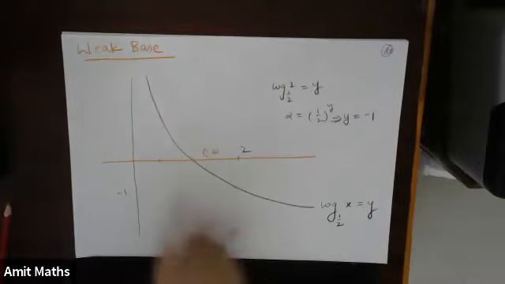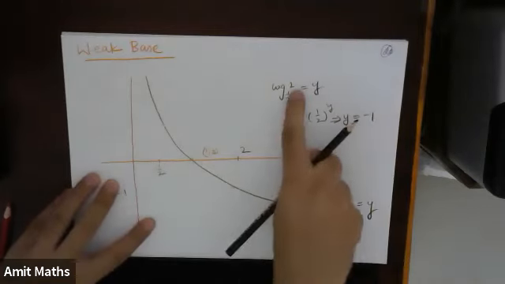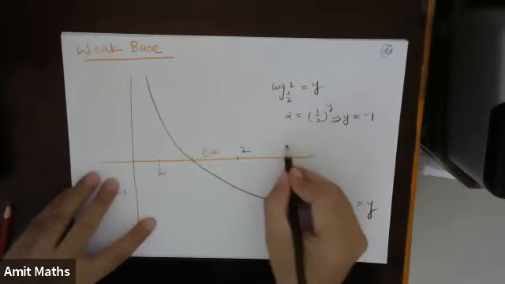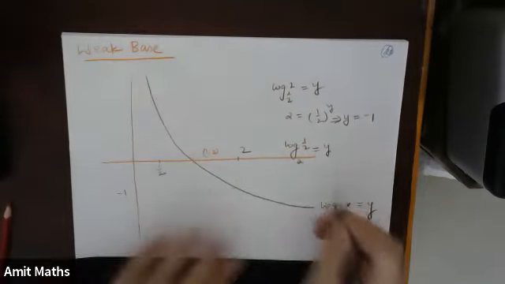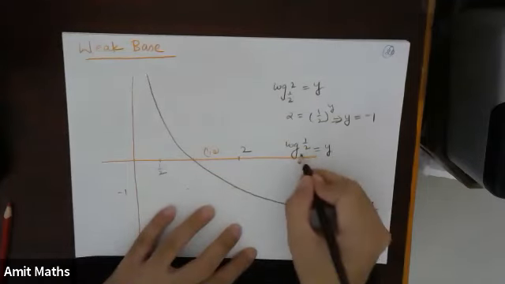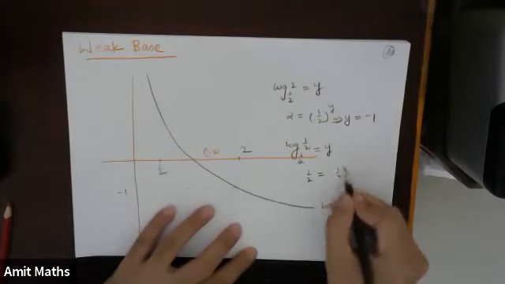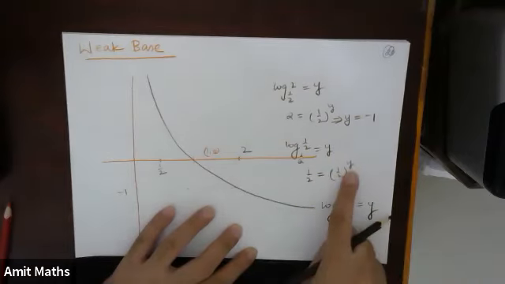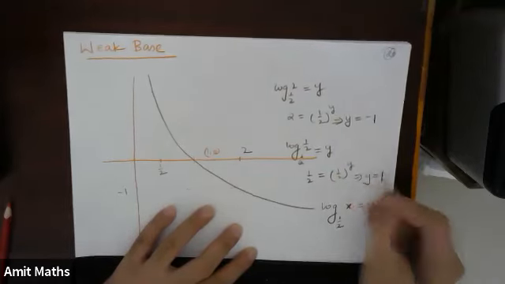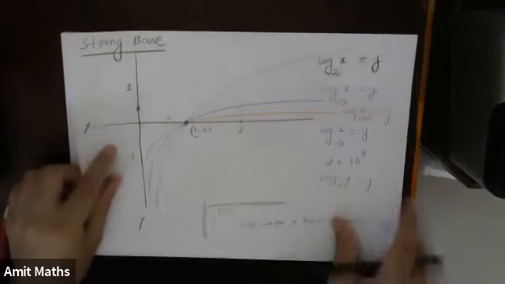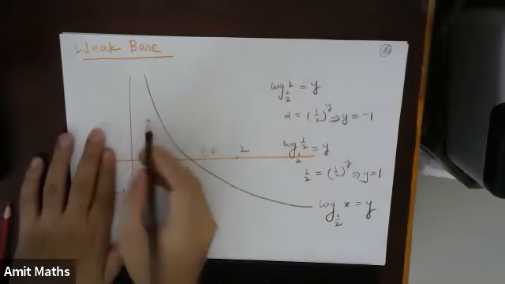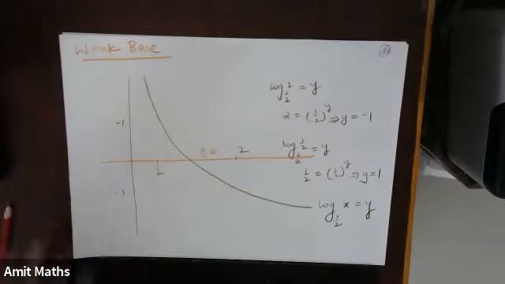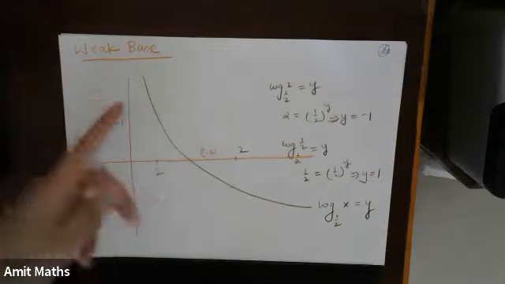Now, in the previous case, I had taken 1/2. Again, I will take 1/2 here. So if I substitute x is equal to 1/2, that means log of 1/2 base 1/2 is equal to y. So 1/2 is equal to 1/2 to the power y. In this case, what will y become? y will become 1. In the previous case, y was -1, and in this case y becomes 1. Understood? Fine. So this graph is just the inverse of the previous one.